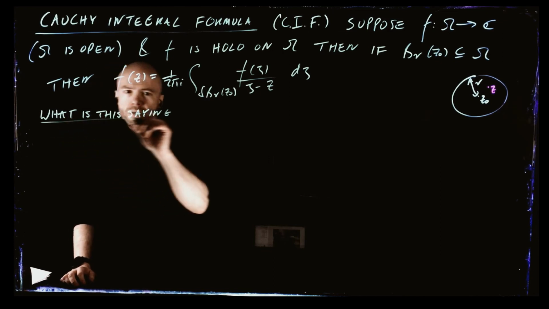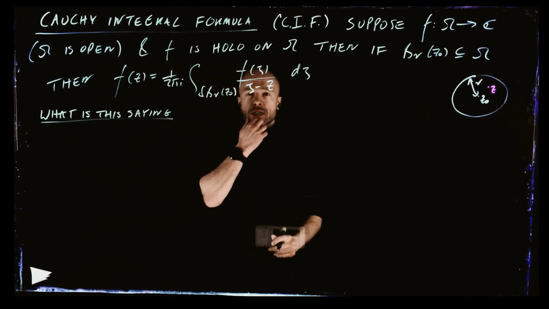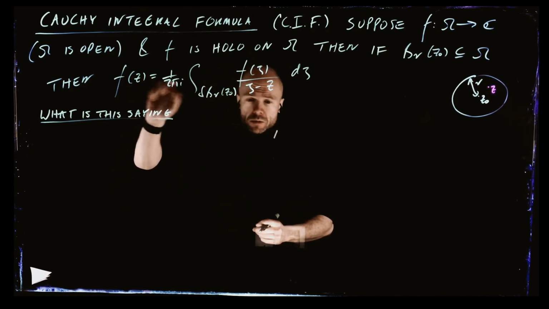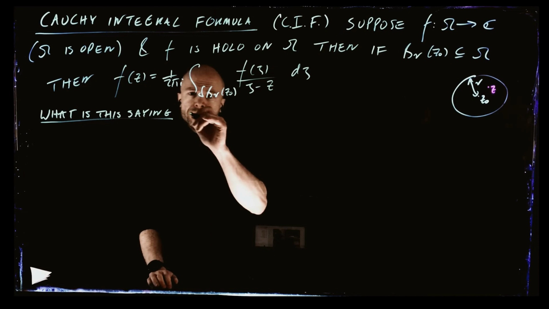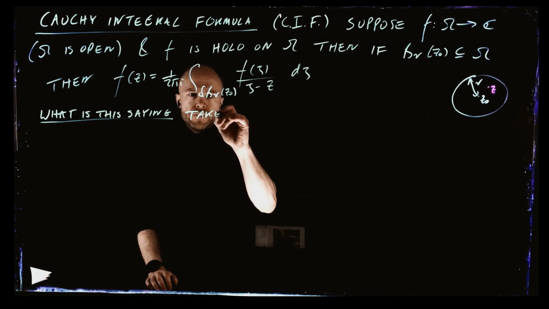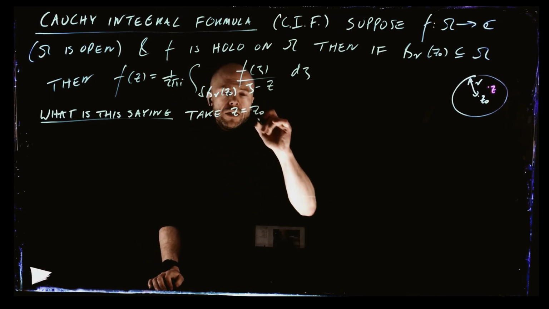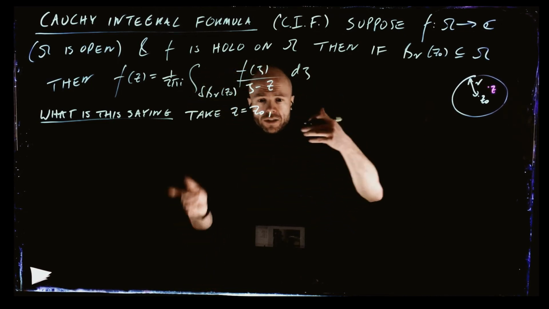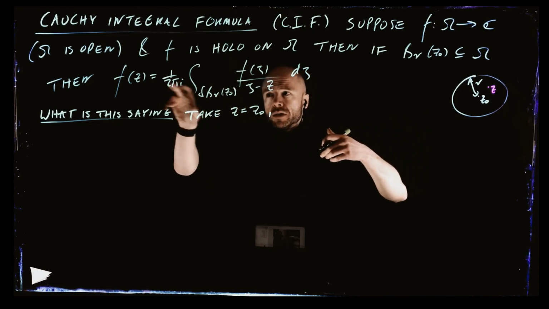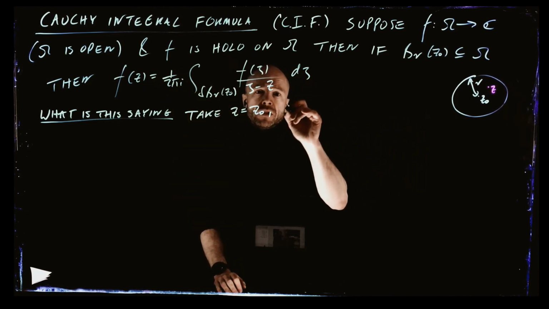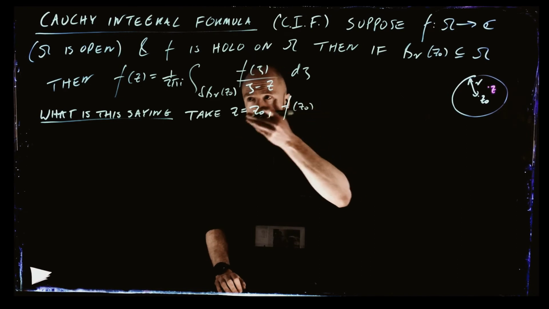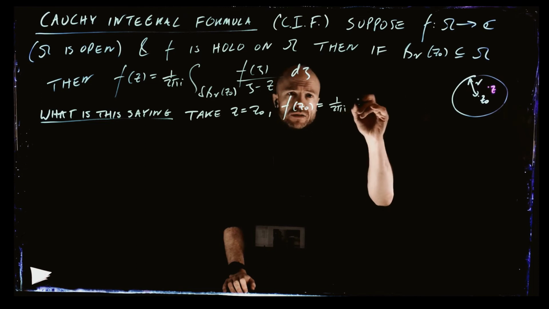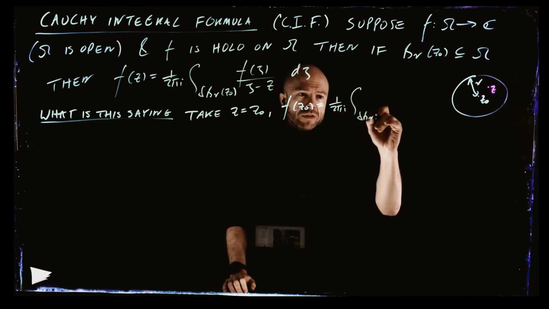This is actually one of the key theorems of the entire course. All right, let's take the very special case when we just put z equals z0 at the center. Take z equals z0. So then this formula was like this, and let's write out what this actually is. Let's put in the parameterization and see what we get. So that means as a special case, we have this theorem, this true fact,